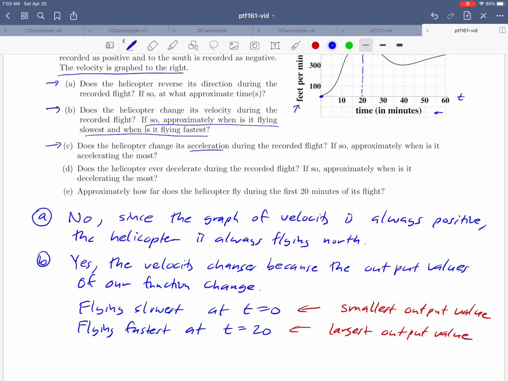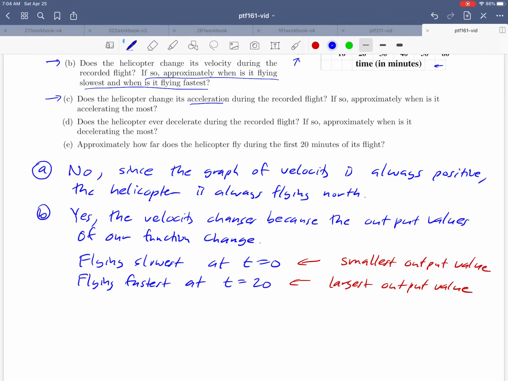Okay, well here we have to think about the relationship between velocity and acceleration. And you might remember from earlier in the course, that relationship looked like this. The acceleration is the derivative, the rate of change of the velocity. So since we're given a graph of the velocity function, we have to think about what is the graphical interpretation of v prime of t? Well, it's just the slope of the tangent line. So C, the first part of this is like asking you,